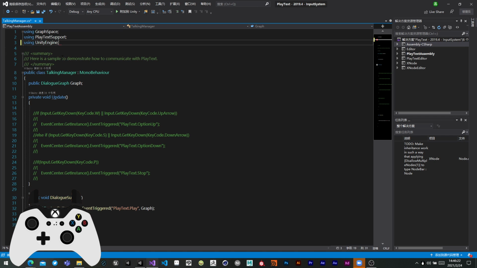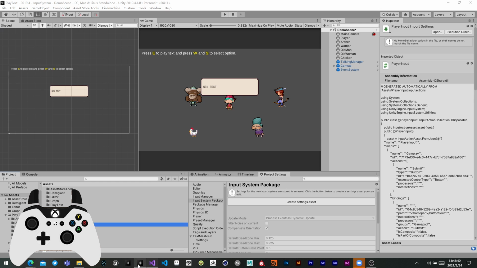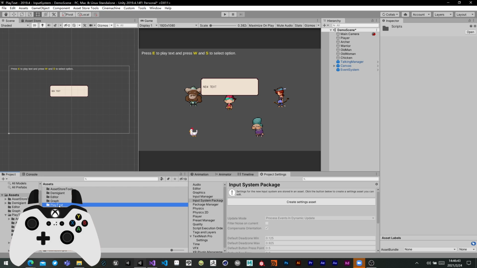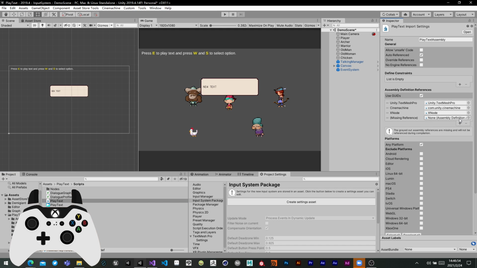So why can we not see it? Let me see where the token manager is here. Yes, you can see that the token manager is here, down in the PlayText assembly. So we need to go to PlayText scripts, and you see there is a PlayText assembly definition here. So we need to go to here and add